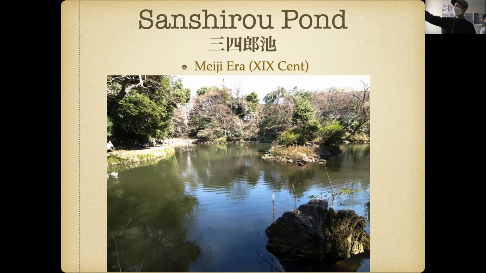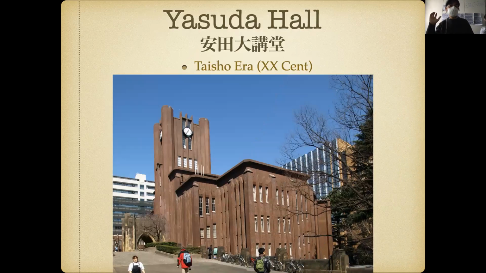And of course, this is how it is left at the last. So the Meiji era is when Sanshiro appeared. The pond is original 17th century. And then this is modern construction, right? This is 1930s. Again, it connects very much with the building we are working in now, the old buildings. Yasuda Hall, which is already Taisho era, it's already 20th century. It's before Showa. Well, don't worry about it.